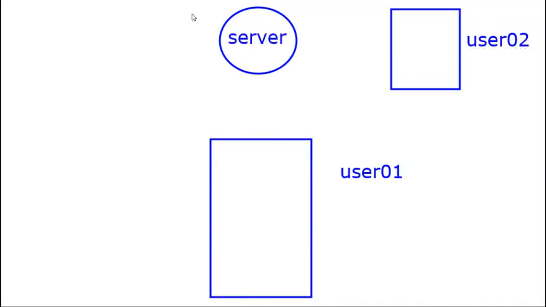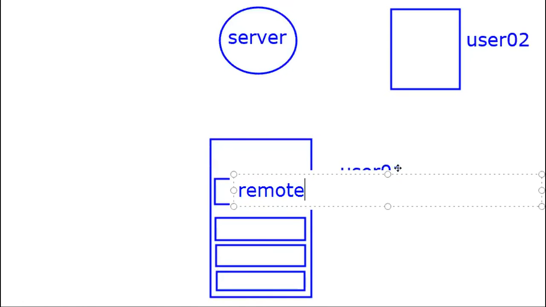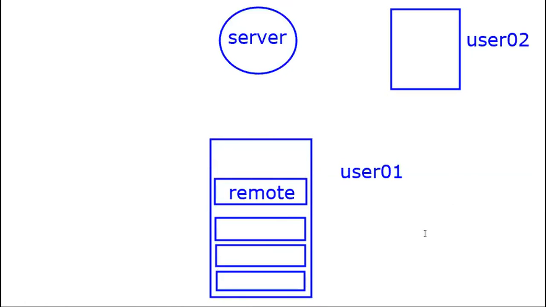Now we already know that with Git, we have three distinct areas: the Git working directory or project directory, Git staging, and Git local repository. Now we are going to introduce one more repository, which is called a remote repository. What is this remote? This is the exact copy of the server.